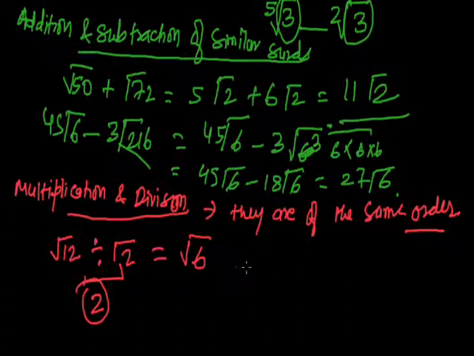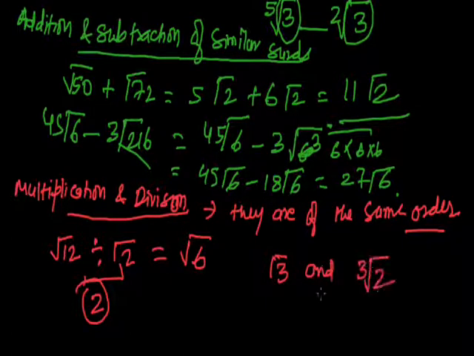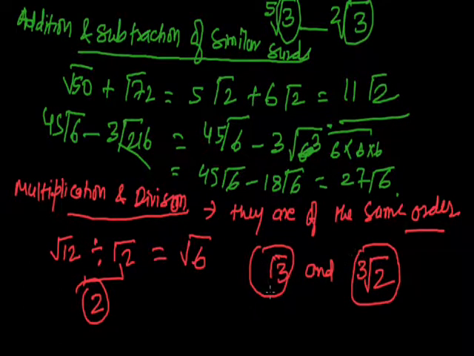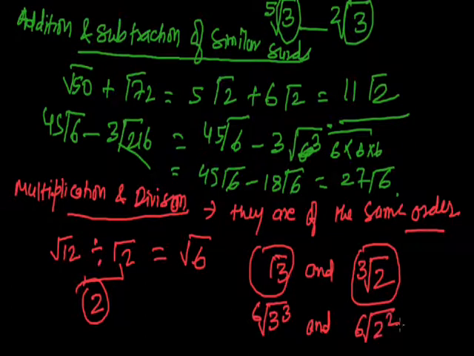तो आप उनको same order का बनाते हैं. How can you do it? Let's say √3 and this. Here the order is 2, and here the order is 3. So what do you take? You take the LCM, so you make it 6. Once you make it 6, आपको यहाँ पर power 3 करना पड़ेगा, और यहाँ पर आपको अगर यहाँ भी 6 करना है तो यहाँ पर आपको 2 करना पड़ेगा.